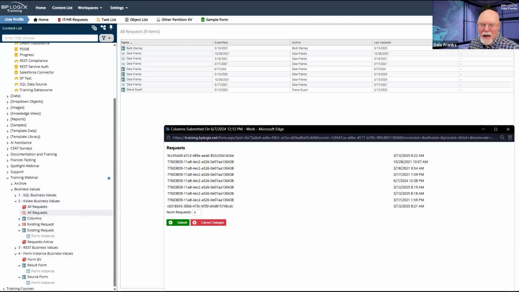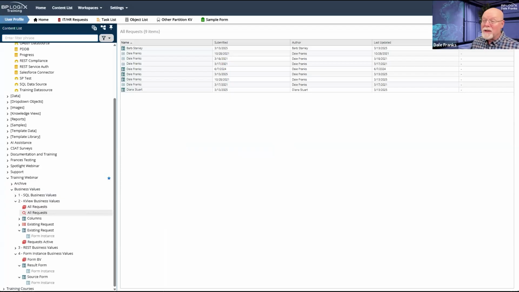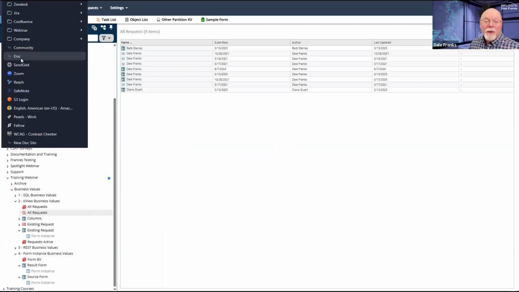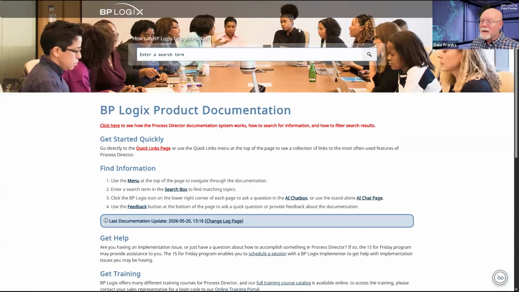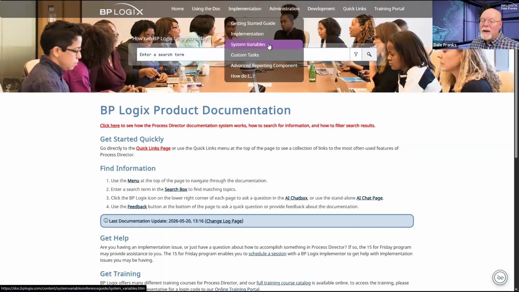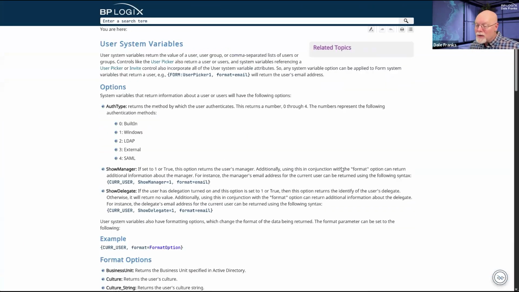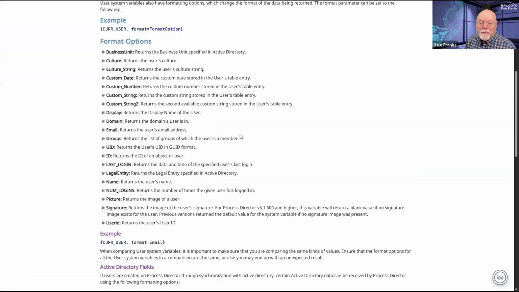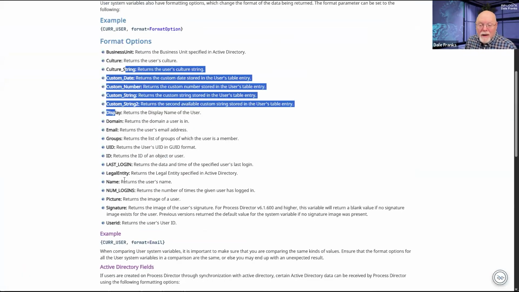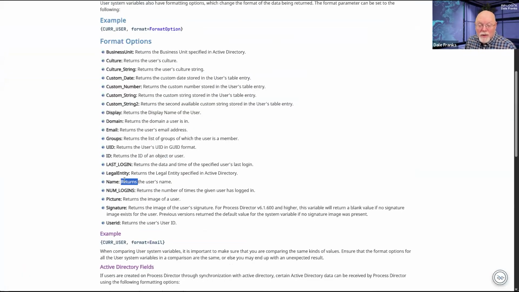Let me be sure I put the right stuff in there, because I am just as fallible as anybody else. So let me look for the system variables. Let me look for user system variables. Name returns the user's name.